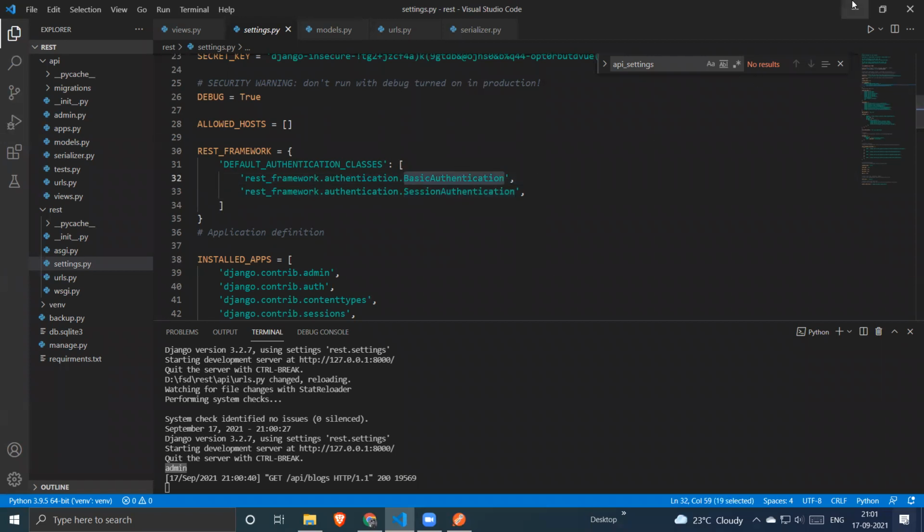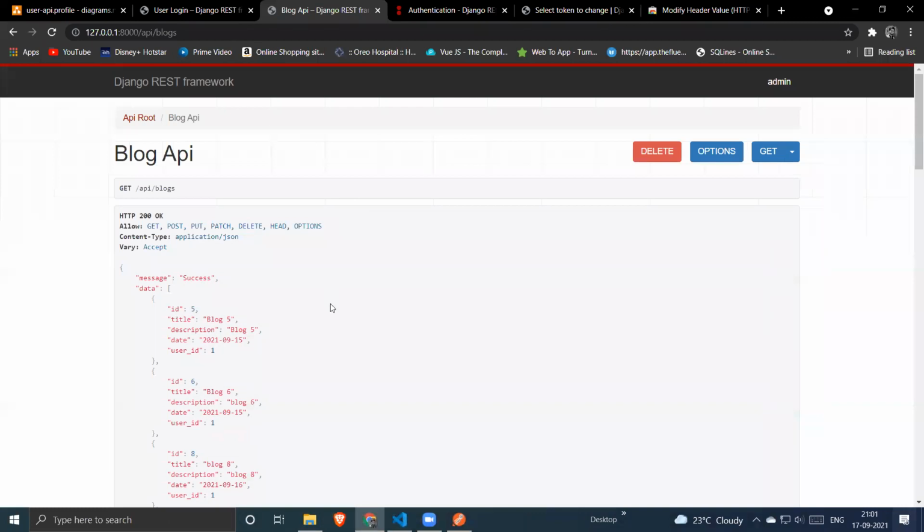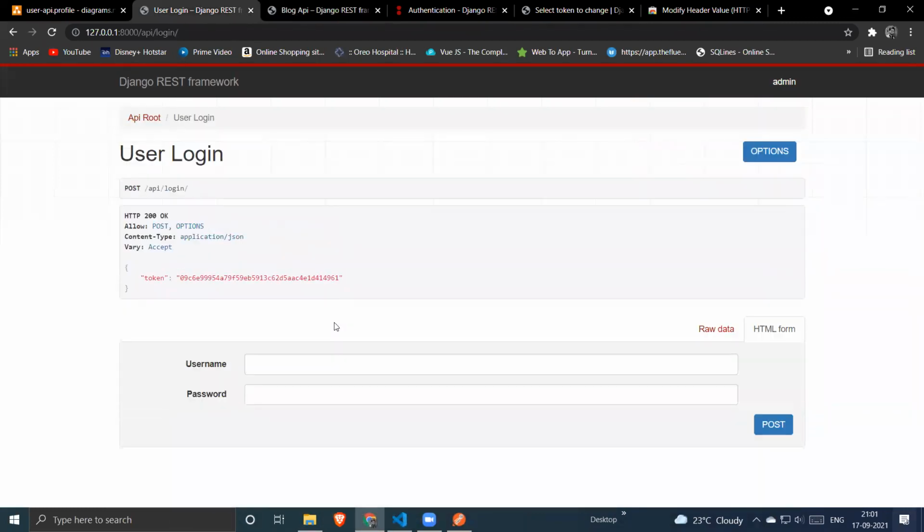Basic authentication simply means you are going to provide a username and password. There are multiple ways. For example, if you are trying to make a two-factor authentication, what is that? You provide a username and password, you submit the request, and the server gives you one more option to make sure that it is you.